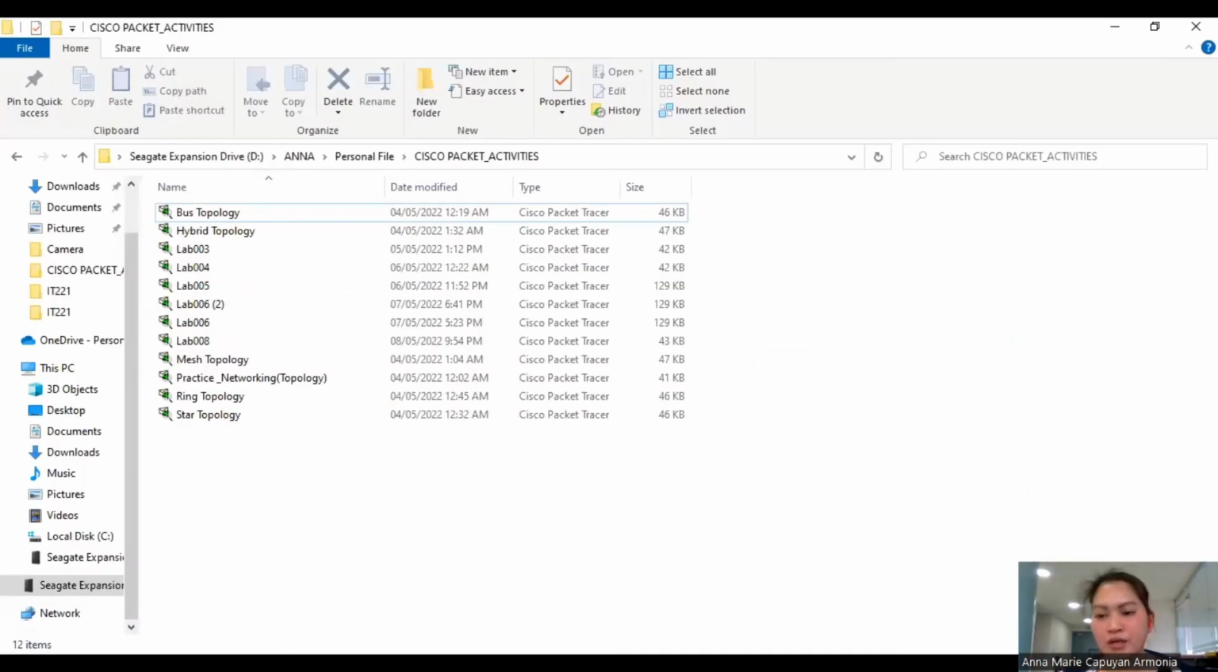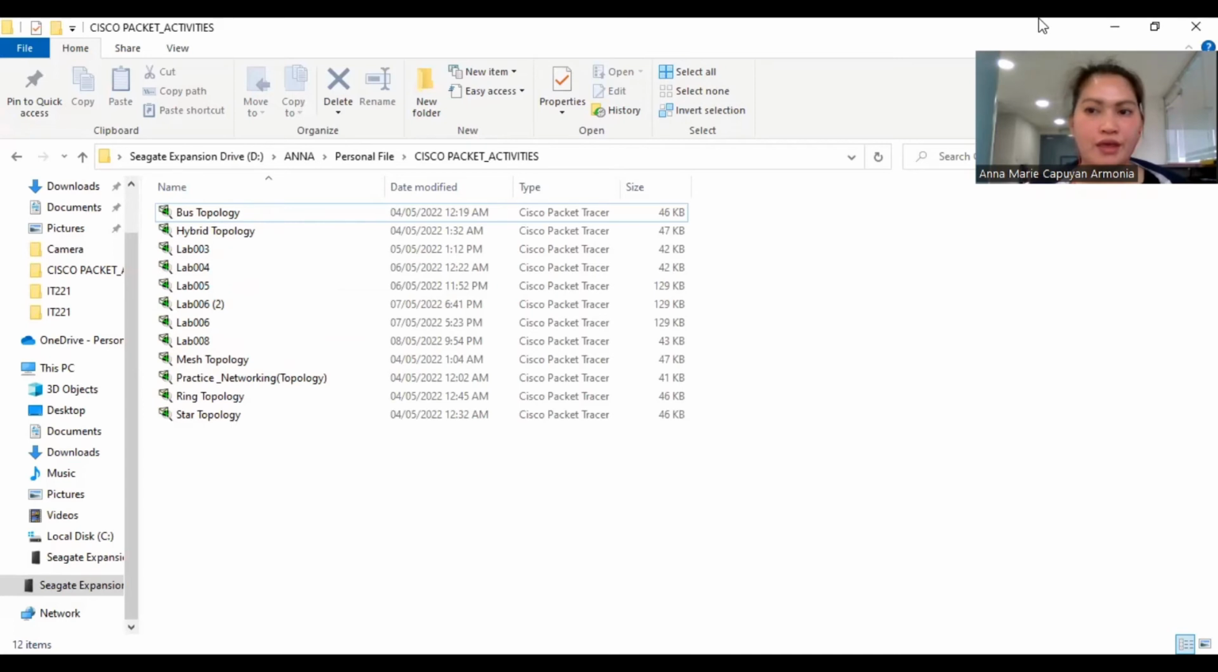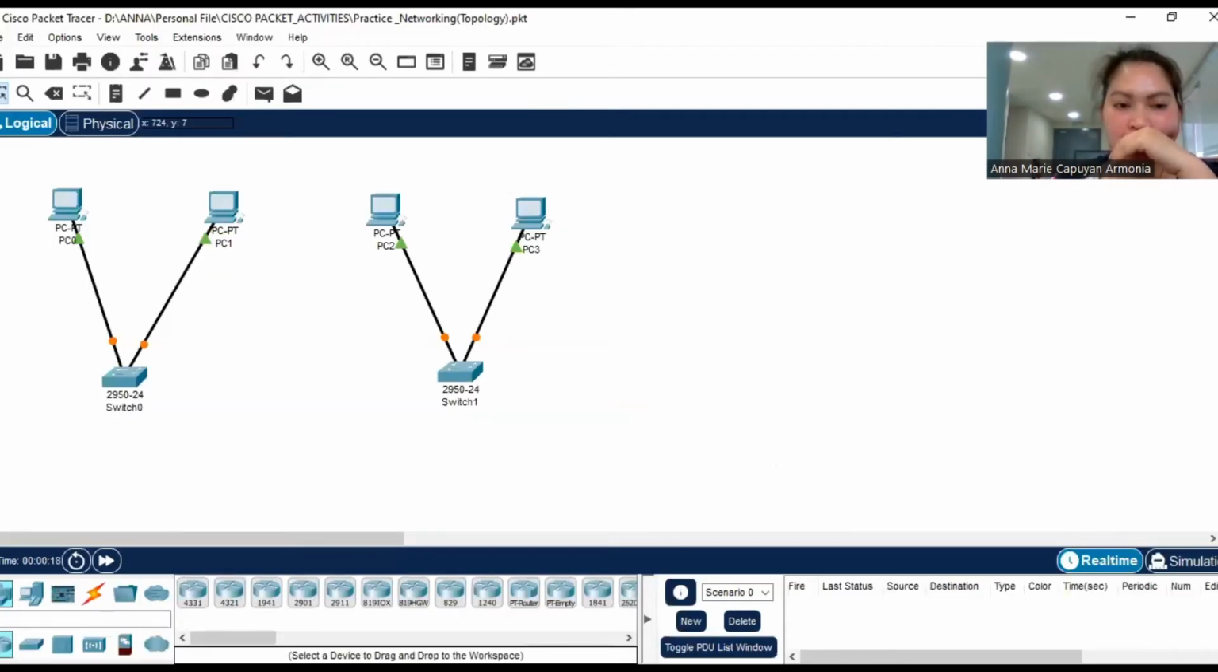Okay, I'm going to open the saved activities that I have for topologies. Actually, I'm going to open this one first. This is the first laboratory that I have done. So let's proceed, as I told you earlier, I'm going to show you